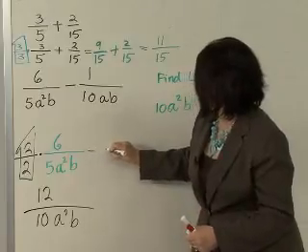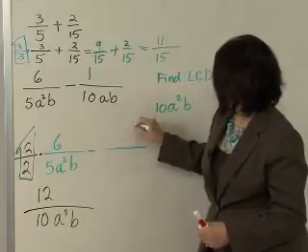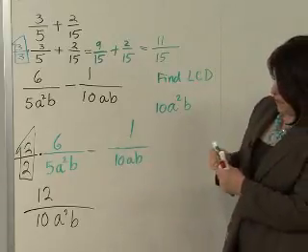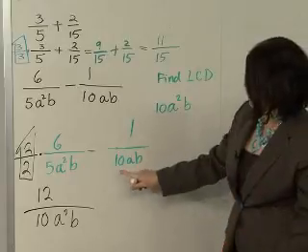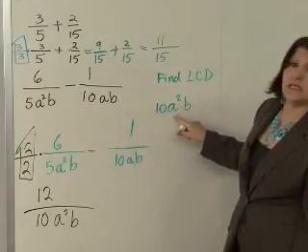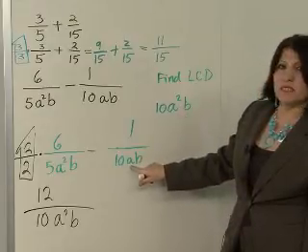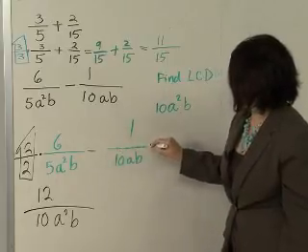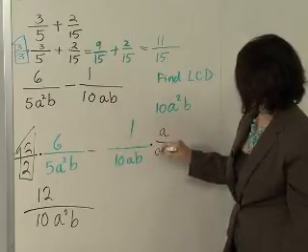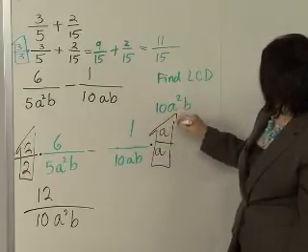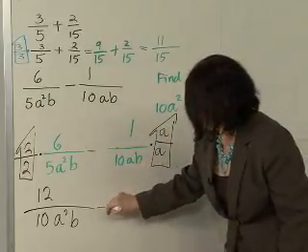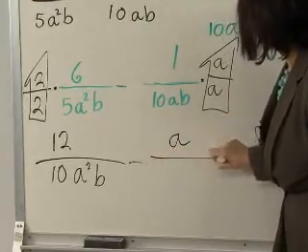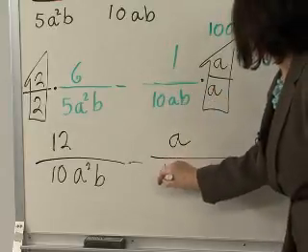So I put a minus, and my second fraction is 1 over 10ab. But notice that I need to go from 10ab to 10a squared b. So I'm missing an a here. So I need to multiply by a to get this to be a squared. So I multiply top and bottom by a. And a over a is just like a 1. So I go back here and say, now I have 1 times a is a over 10ab times a is